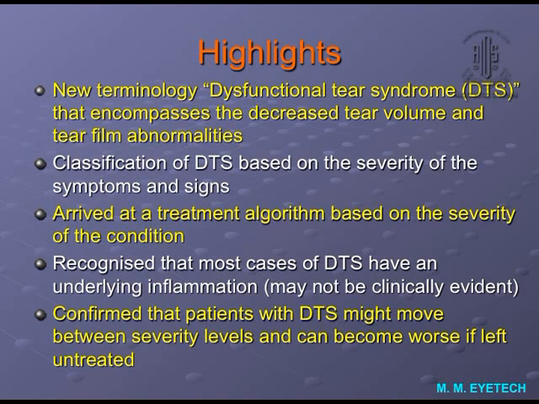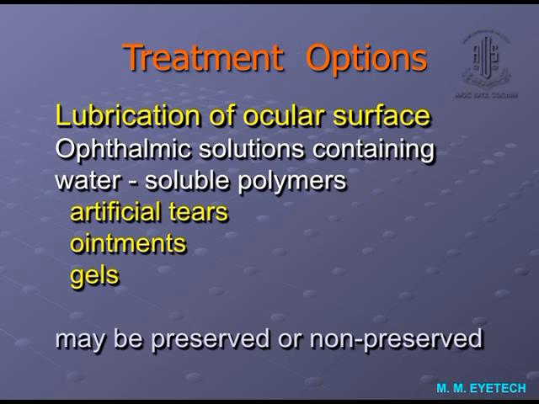And it is confirmed that patients with a dry eye might move between these severity levels and become worse if they are left untreated. The treatment options, largely, the mainstay will always remain lubrication of the ocular surface. And ophthalmic solutions containing water-soluble polymers will remain, again, the mainstay. And these may be in the form of artificial tears, ointments, or gels, which may be either preserved or non-preserved